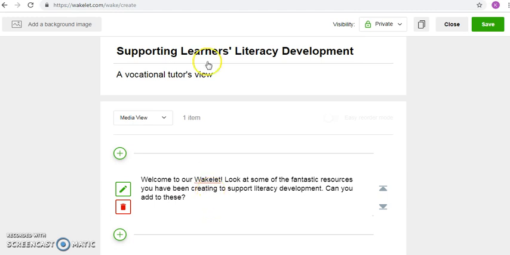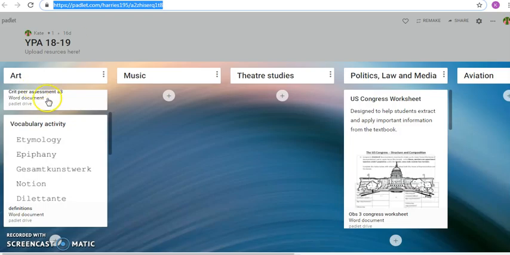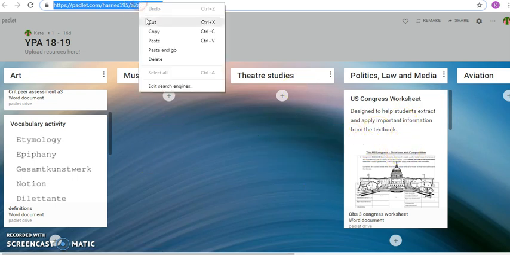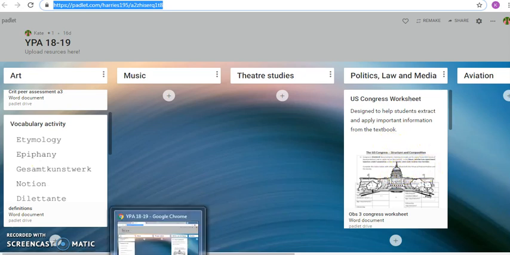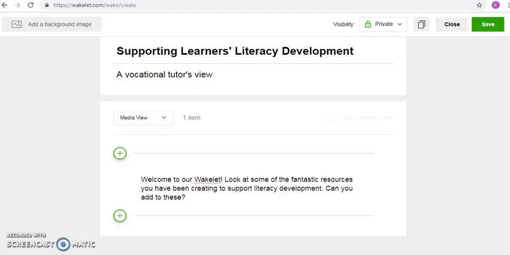show them a link to the resources they've been creating, and they've been creating these in a Padlet, but I've noticed that, as you'll see here, only the arts teacher and the politics, law and media teachers have been uploading, and I'm keen to encourage others. So I'd like to have a link here in the Wakelet to try and encourage others to upload. You'll see here there's some fantastic subject-specific terminology for art and a nice worksheet to support politics students in reading about US Congress. So I go back to my Wakelet, and here I can have the option of, let's click